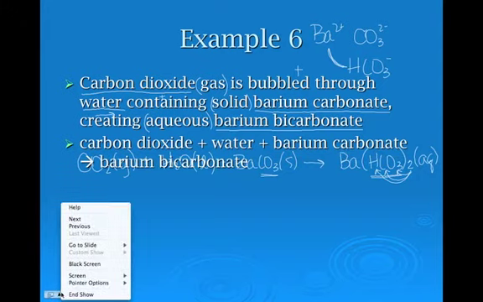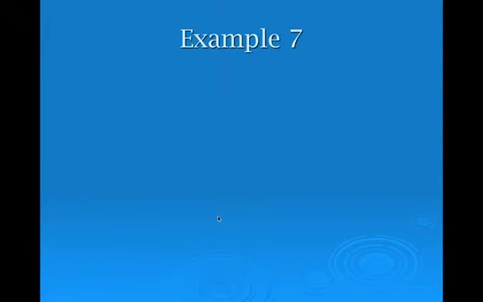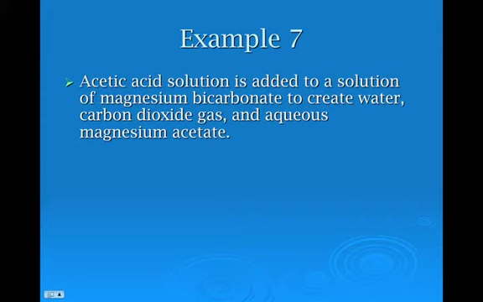The last example problem that I have, sorry, I didn't have a picture for that one, by the way. Acetic acid solution is added to a solution of magnesium bicarbonate to create water, carbon dioxide gas, and aqueous magnesium acetate. So my chemicals are acetic acid, and solution is another word for saying aqueous, is added to a solution of magnesium bicarbonate, there's that bicarbonate again, to create